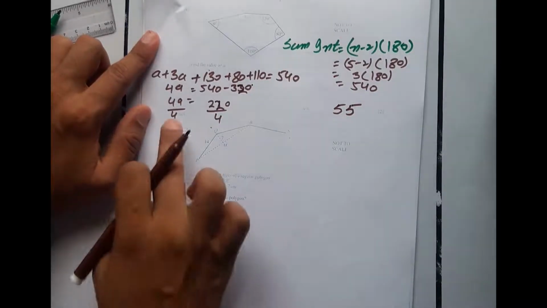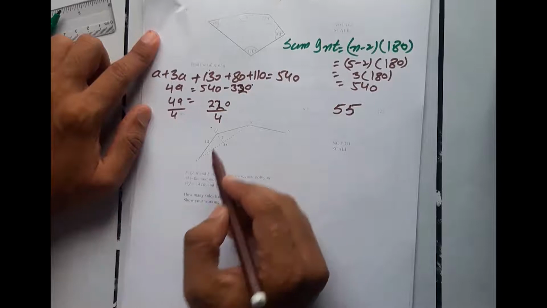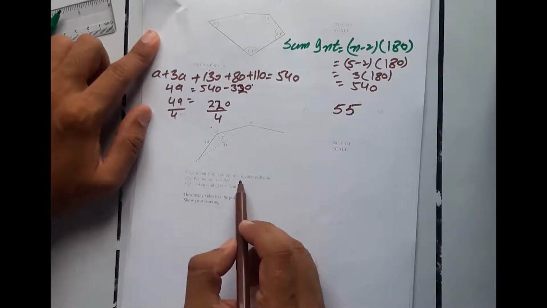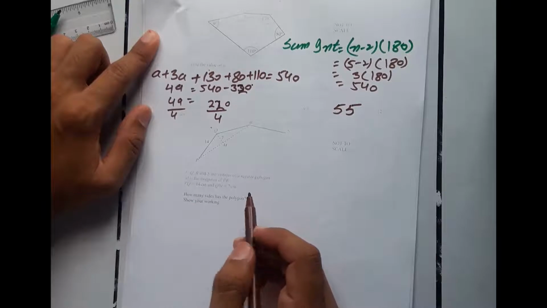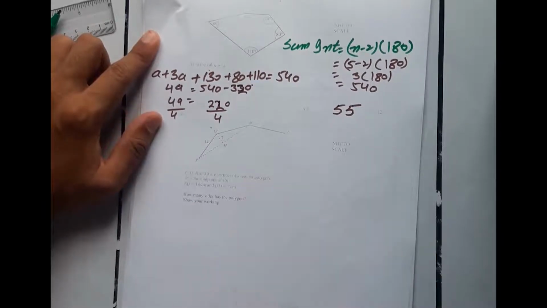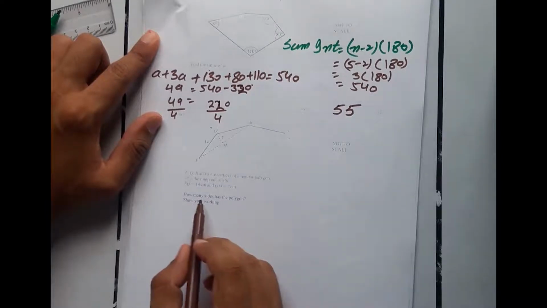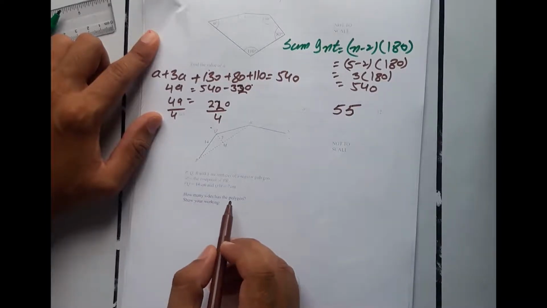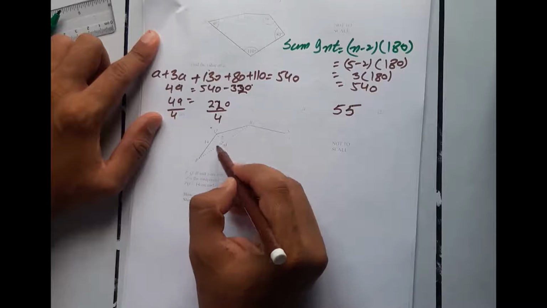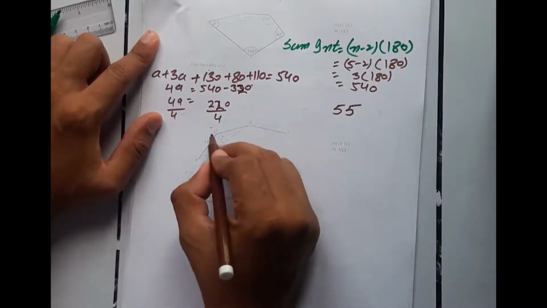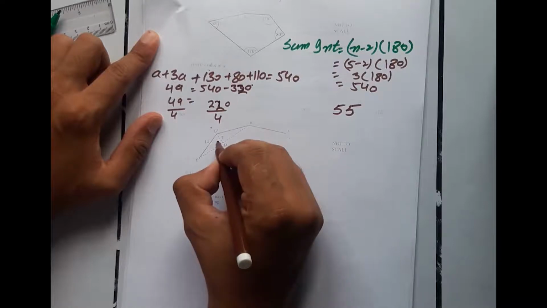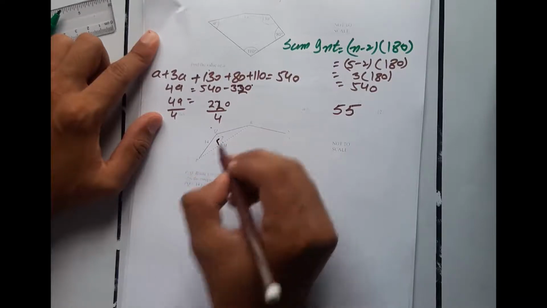Now in part C, we have P, Q, R as vertices of a regular polygon. We have no idea what type of polygon it is, whether quadrilateral, pentagon, hexagon or octagon. We have to find how many sides the polygon has. We have 14 and 7, but this is a perpendicular line. M is the midpoint. It means this is a perpendicular line. It will make 90 degrees here.